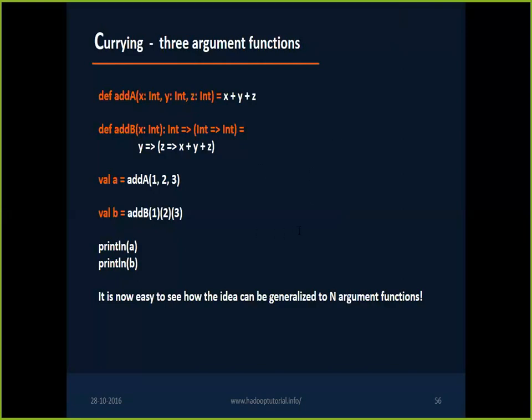Yeah, but this is also one of the things we probably need to get our hands ready on. Yep, that's correct. But currying is one of the functional programming features. That's why I just included this in the slide, so that you should not get surprised by what is meant by currying. And if you ever see this kind of calling, chaining of parameters, again you should be able to understand.